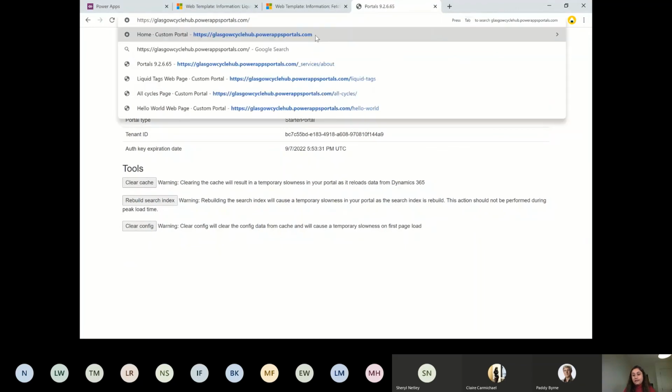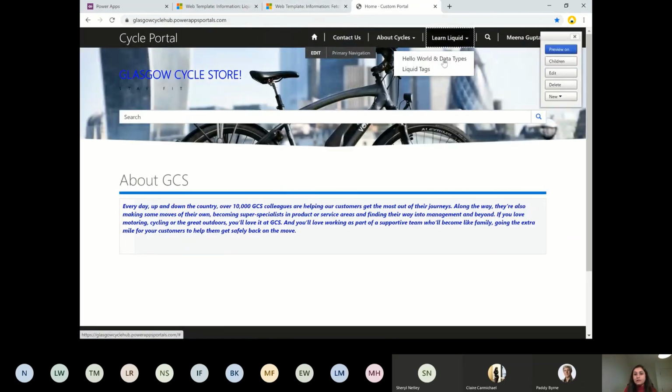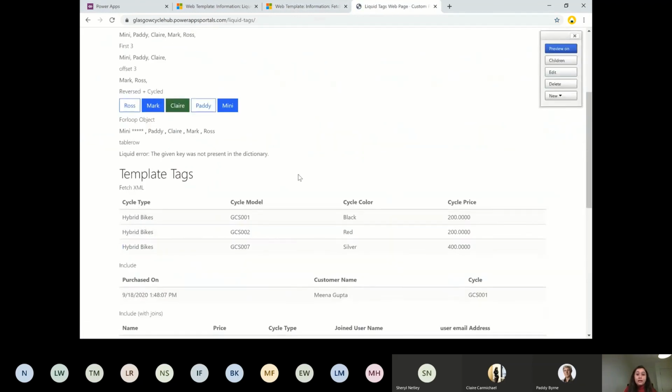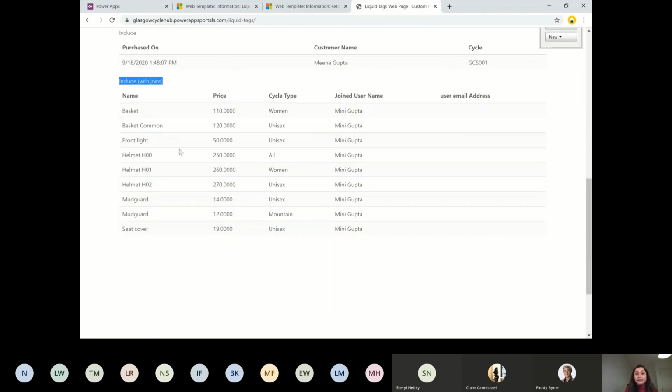Let's clear the cache and see what all things I have shown here. All the syntaxes which I have used in web templates are given on the MS Docs. So if I go to the Liquid text, we have seen the fetch XML, looping through them, showing in the table, and again including another web template using the dynamic parameter, where I am passing the user ID and showing the details of the purchase history, and then I'm including a linked entity and showing the details.